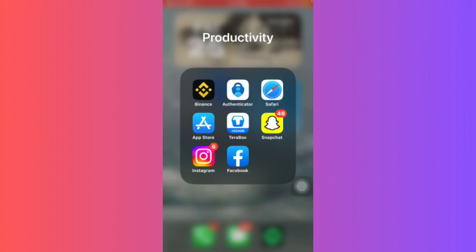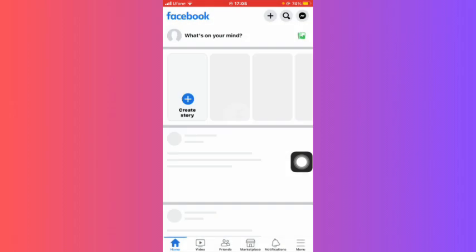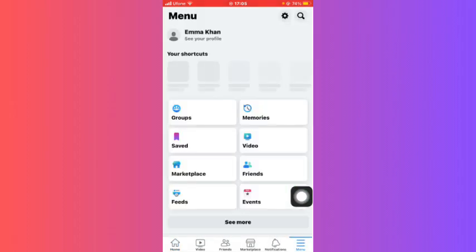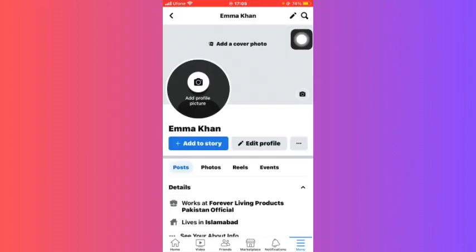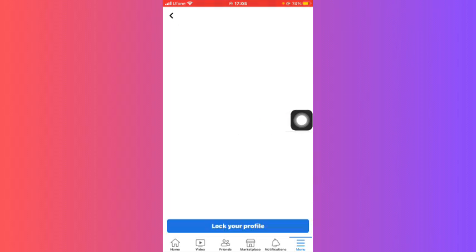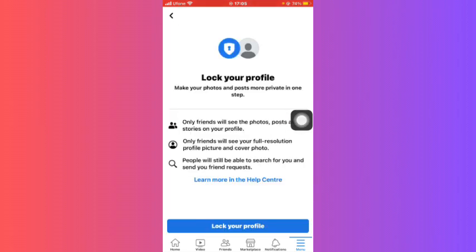For that you just have to open Facebook, and after coming on Facebook click on these three lines at the bottom. And here click on see your profile. After that you'll have to click on these three dots with edit profile, and here search for the option lock profile, this one. Click on lock profile and you can just read the information, that only friends will see